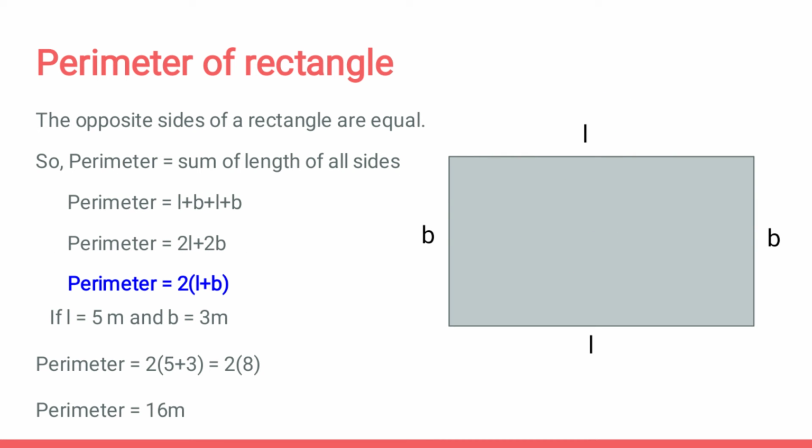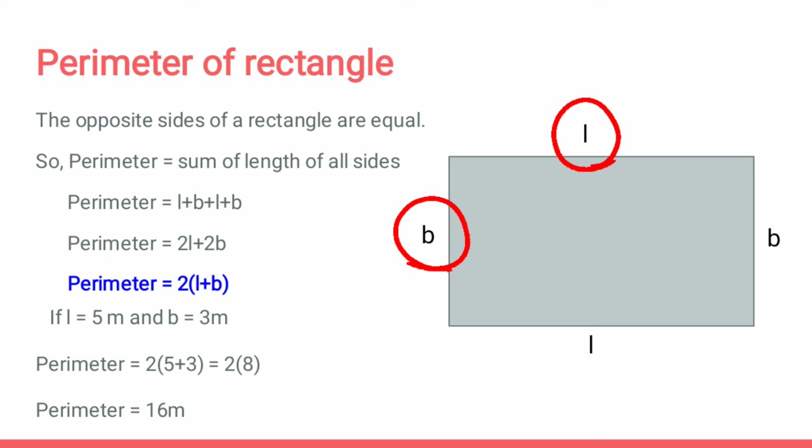Now comes the perimeter of a rectangle. We know the opposite sides of a rectangle are equal, and a rectangle has two sides: one is length and one is breadth. We denote length by L and breadth by B. Now with the help of the general formula of perimeter, we come to know the perimeter of the rectangle will be